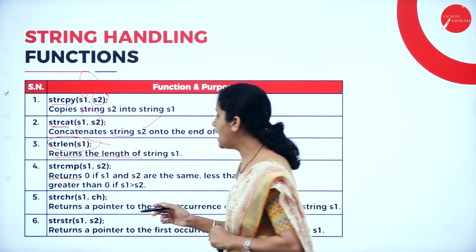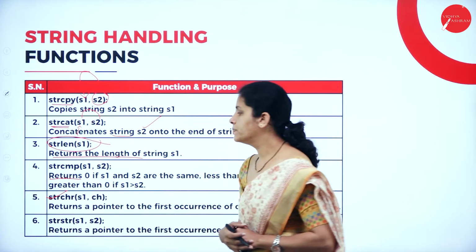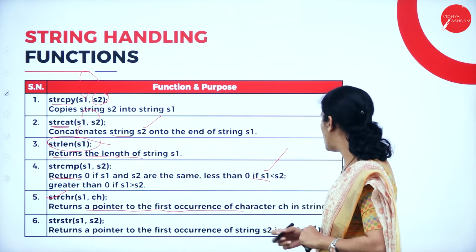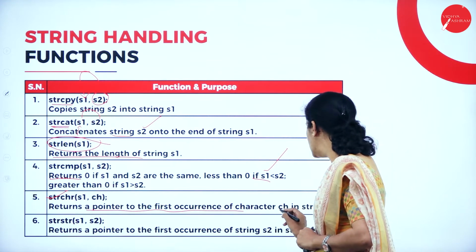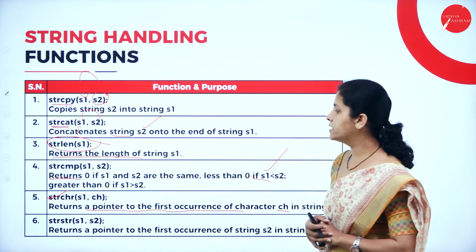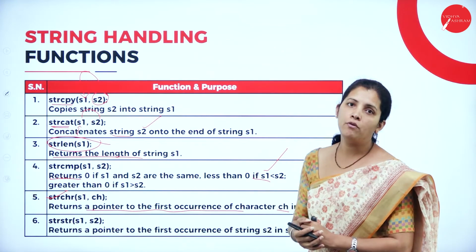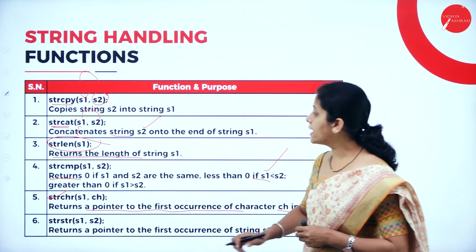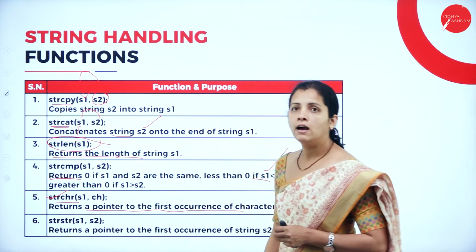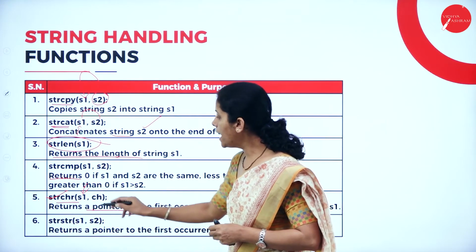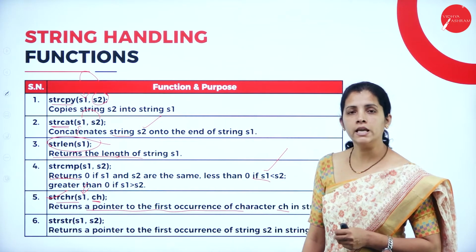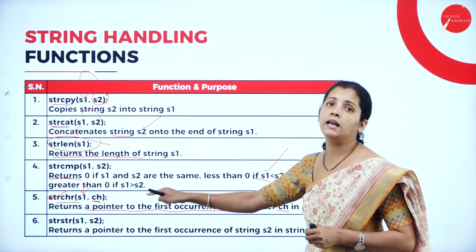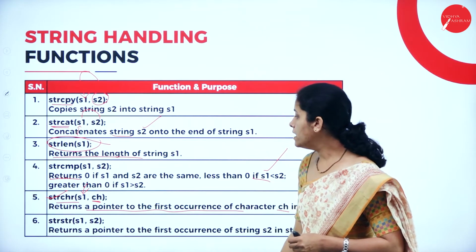Now, I'm going to have strchr. It returns a pointer to the first occurrence of the character ch in the string. That means, suppose I want to check the occurrence of a given character, then I can go with strchr and pass the string, along with that, I'm going to pass the character. That means I want to find the first occurrence of that character. And here I'm going to have